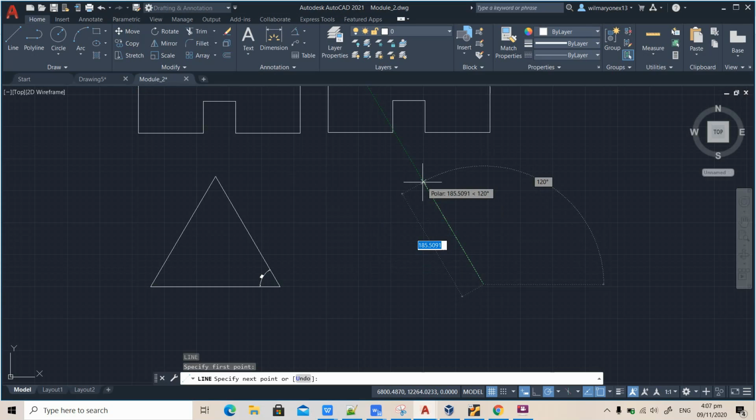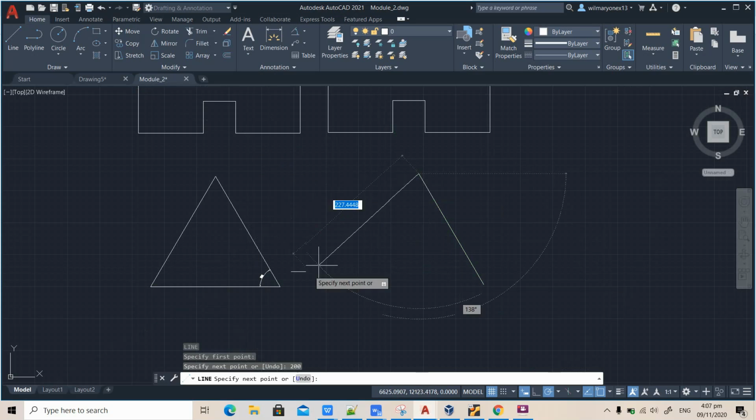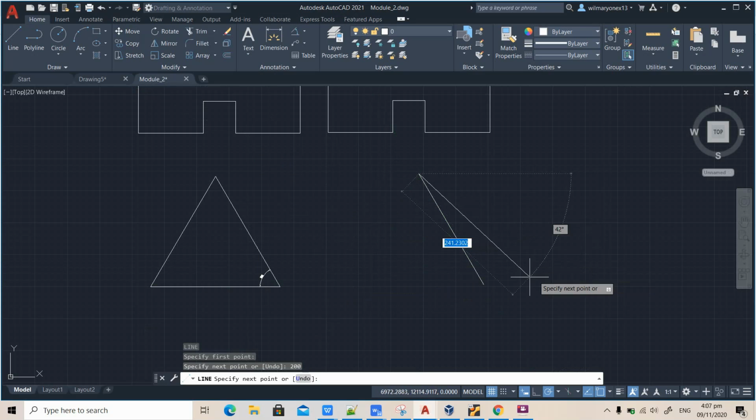If I remember correctly, this is 200, and then that was at 120 from the horizontal. And then this is another 120 angle of depression.